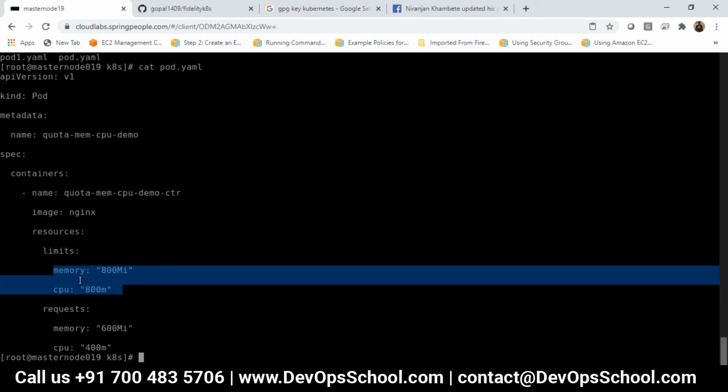But when I deploy this pod in my namespace, it will always try to gather 800 MB of RAM and 800 millicore of processor.